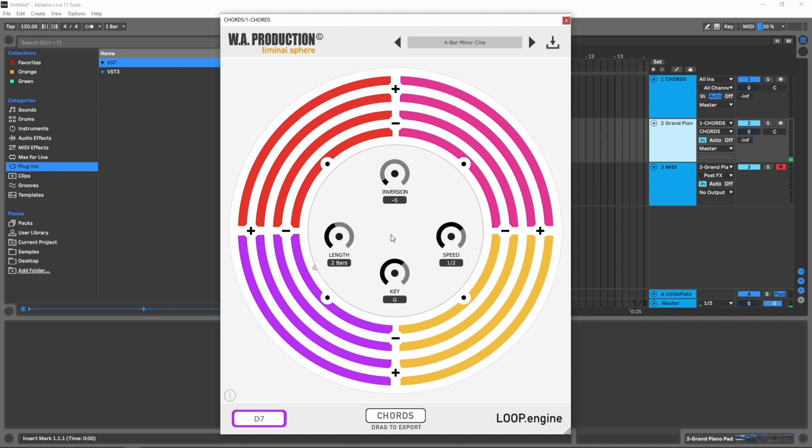All right, so you see what I mean? Right off the bat, it's just going to continue going through the chord progression and update in real time as I change these parameters. Now, we do have the length and the speed, and this is going to change how far around it goes. So if I actually pull the length down to a bar,